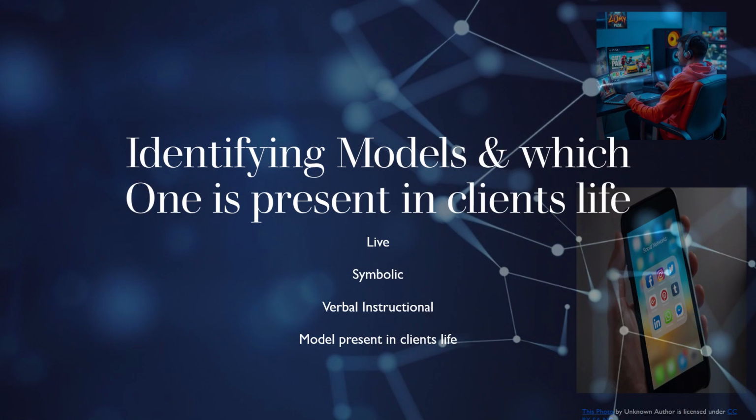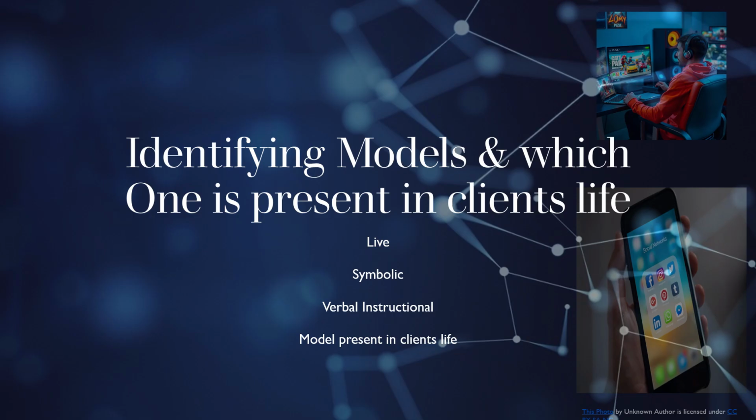Let's identify the models present in Isaiah's life. Let's begin by briefly reviewing the 3 types of models in social learning theory. There's live modeling, which occurs when a person learns by observing someone else perform a behavior while it's live. In Isaiah's case, he has likely been influenced by watching his dad George's behavior towards him, particularly George's avoidance of